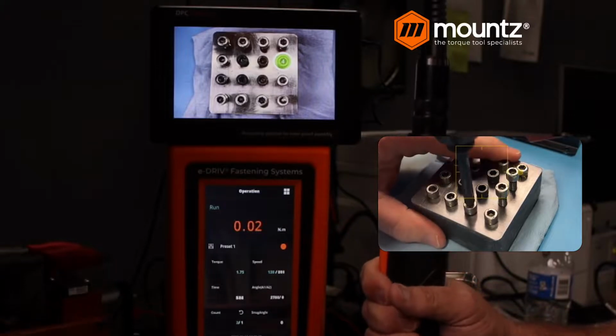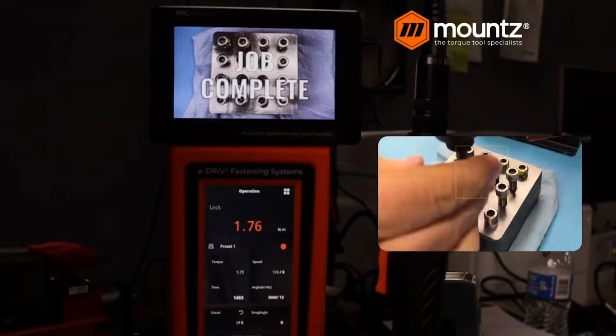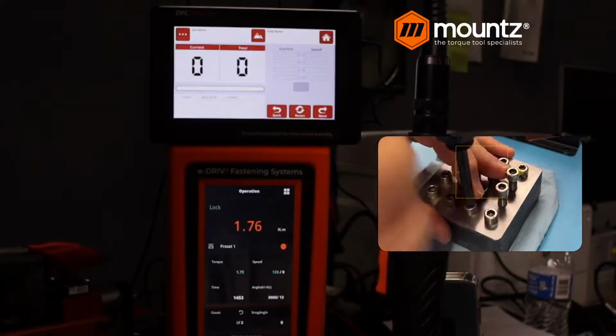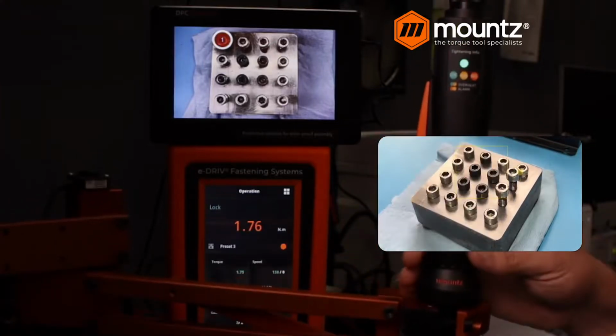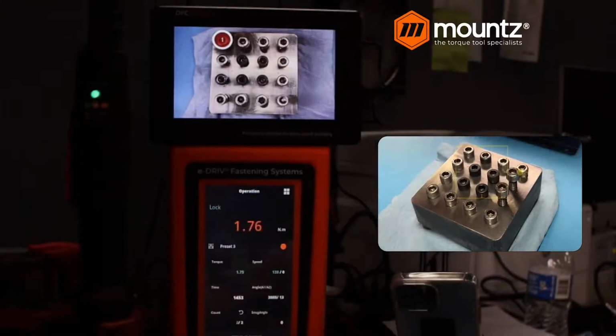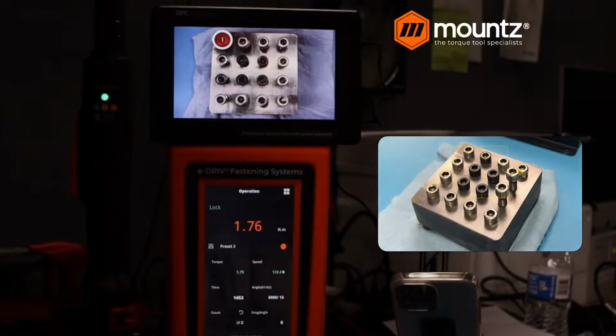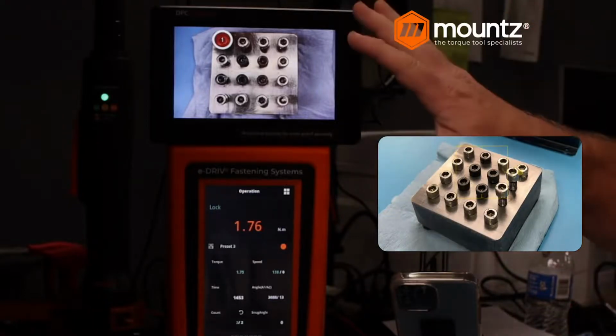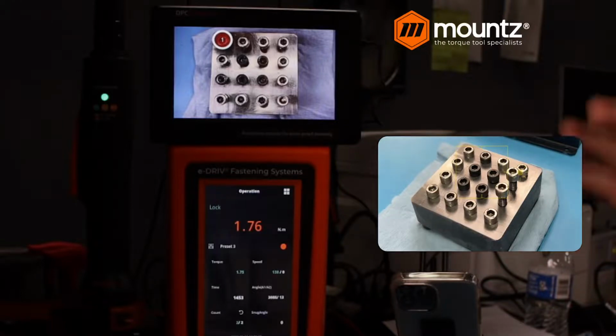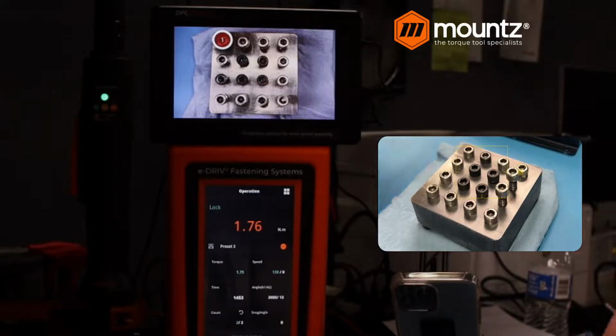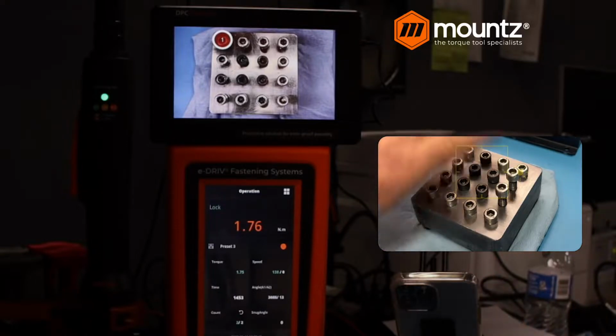And we can go ahead and run this down. And now we have our job complete signal. And then the system will go ahead and reset, or there are some other functionalities that we can do with this particular tool and the DPC touch. We can have up to 255 different programs. The system can handle 255 different steps within one particular job, so we can error-proof the entire